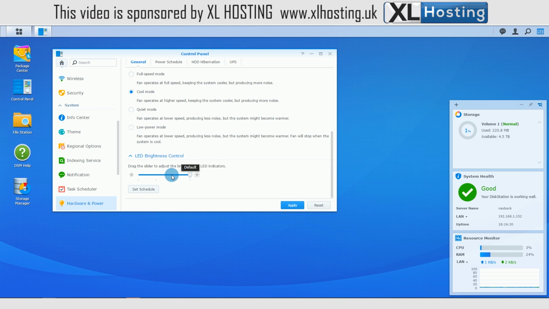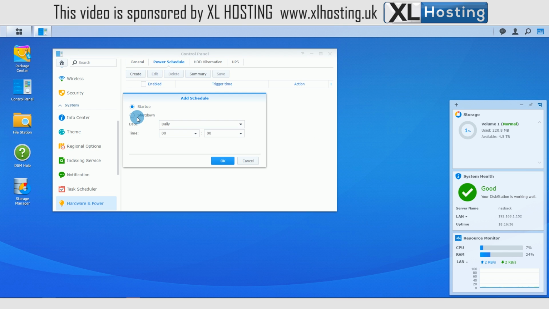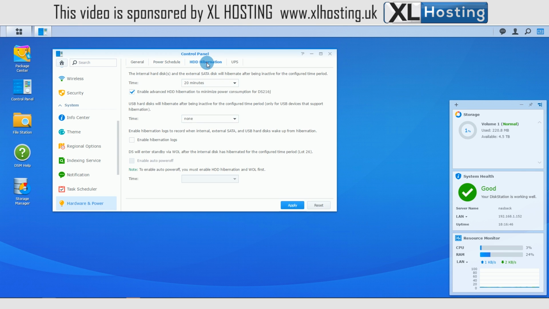You can even change the brightness of the LEDs on the front of it as well. Power schedule: do you want to set up a startup and shutdown once a week, so it actually shuts itself down, then starts back up again, restarts itself essentially to clear out any logs and things like that. And the hibernation as well. If it's going to be used very frequently, just disable hibernation,